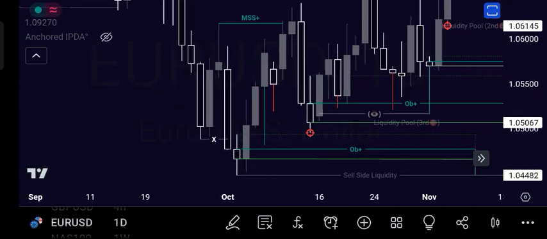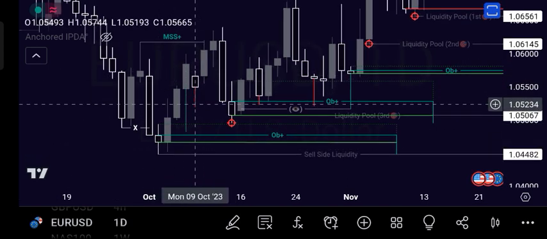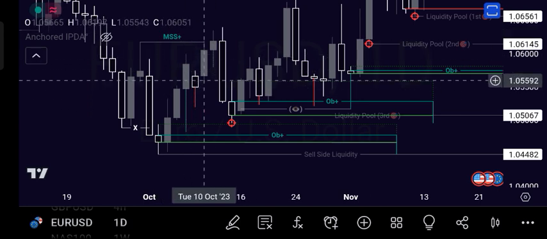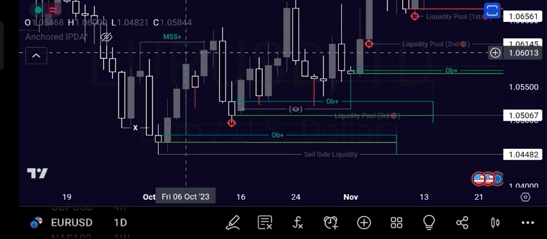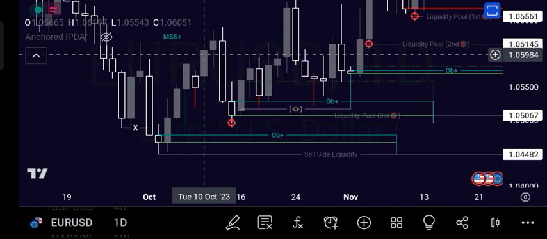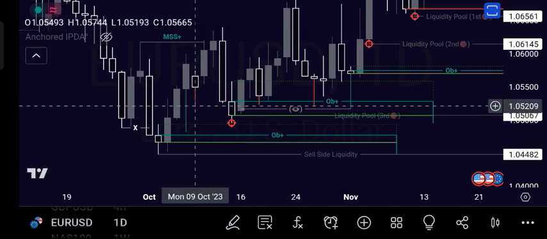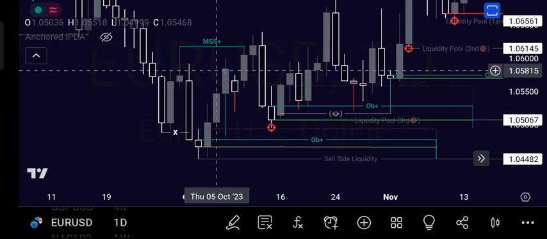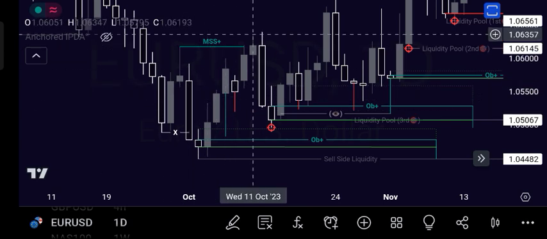Remember guys, this is a daily time frame, so this would give a huge impact to our trading strategies. As the price rallies again, it creates what? A break of structure. So what do we just see right here? An order block, because of this one, the break of structure right here. It rallies, and then they think, okay, this is the new high and this is the new low, without knowing the left side is what? The major high right there. We cannot consider this a major high unless it broke this one. So it creates a market structure shift